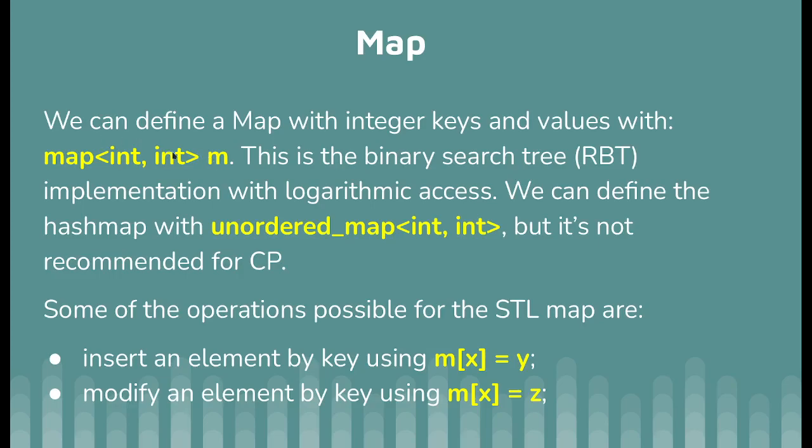There are two types of maps. If you have studied algorithms, you know that there are hash maps and binary search tree type maps. The unordered map is written with hash tables, so the keys are not sorted, while the normal map, which is a red black tree or binary search tree, has the keys sorted in increasing order. In an unordered map, they are not.